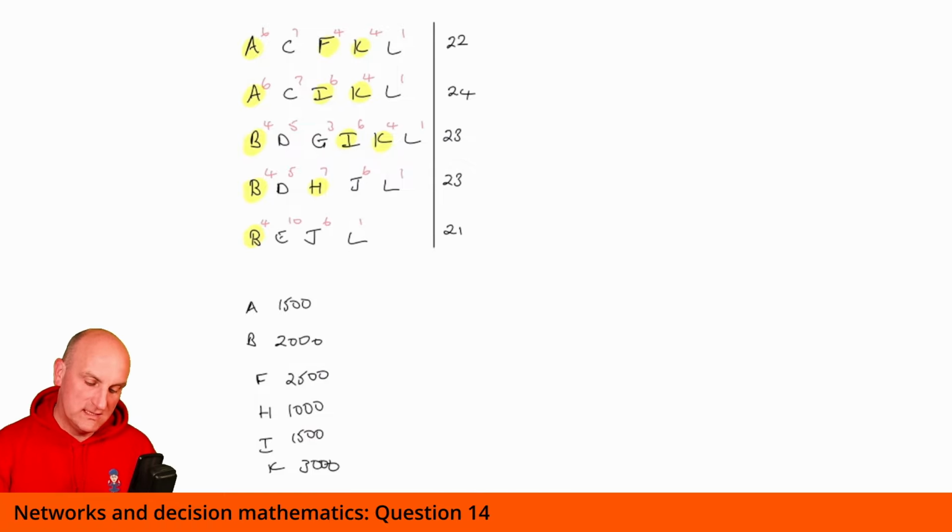Okay, because the cheapest thing there was A or H or I. Well, I've only got an I in here. I've got an A in both of those, so I just reduced it. Okay, so I went, well, let's just reduce by A. So I'm going to put an A on there, and then that made that 21, 23,